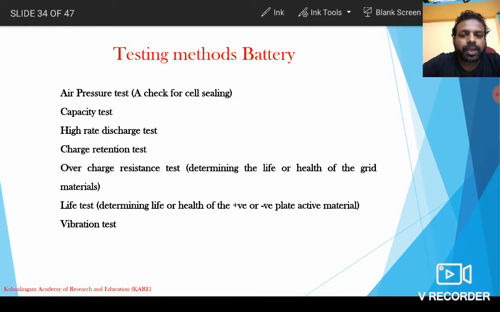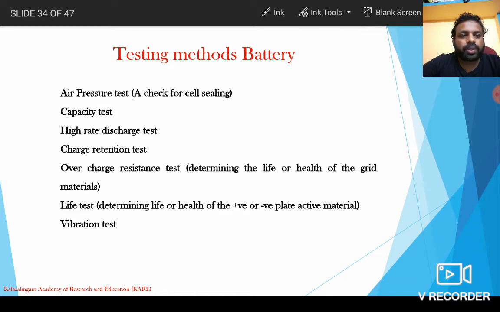Back to the course Hybrid and Electric Vehicles. Continuing with the fourth unit, today we are going to discuss the various testing methods available to check the capacity of a battery, and the various cautions to be taken for continuous usage of a battery. And then we're going to discuss the maintenance of various batteries, right?